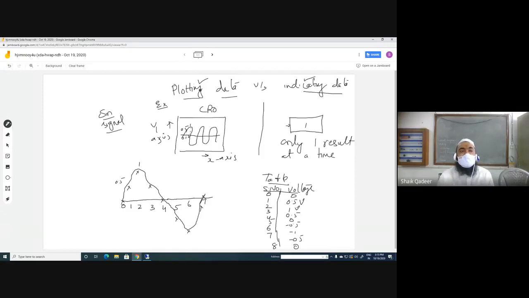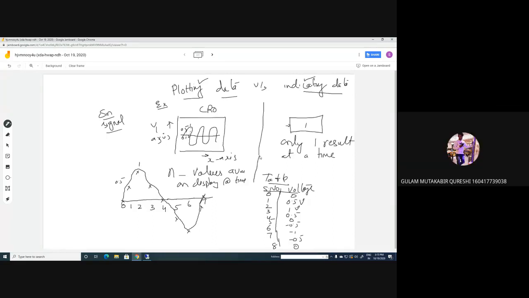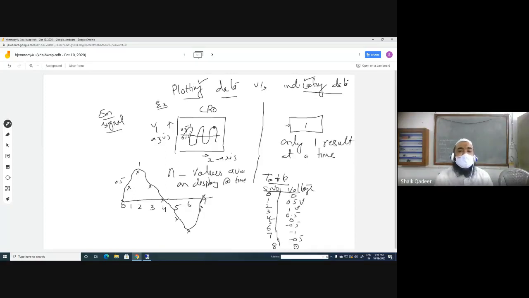There will be n number of values available on the display at a time. Hope it is clear. If it is clear, make a note: the difference between plotting data display and indicating data display. Then I will take you to the detailed discussion of plotting data.